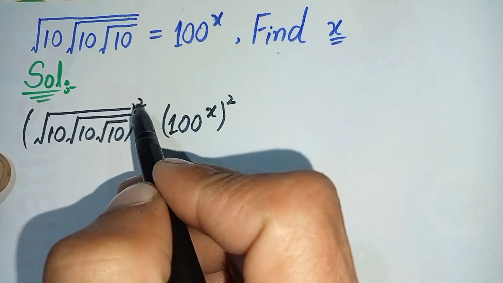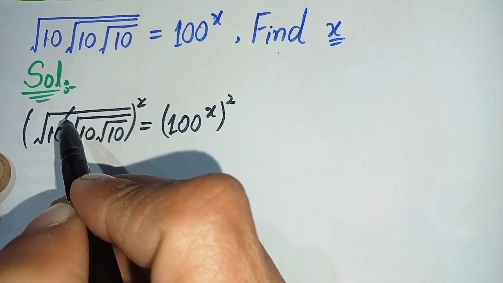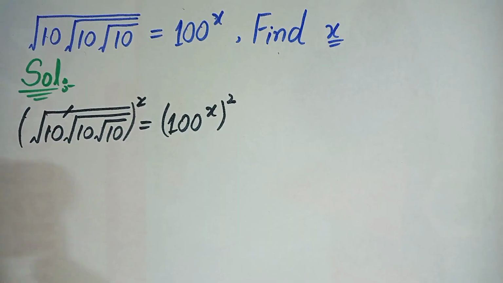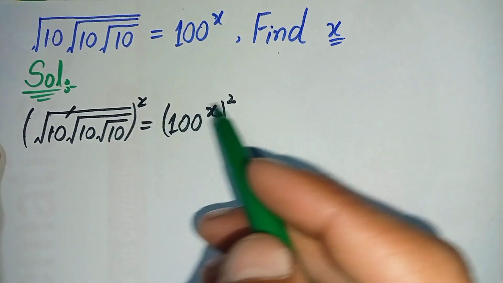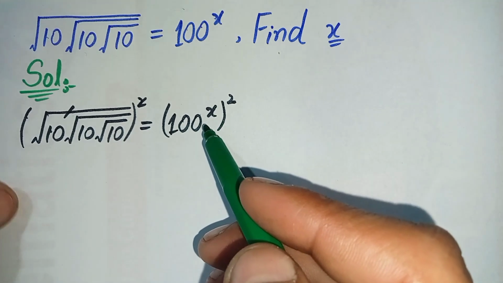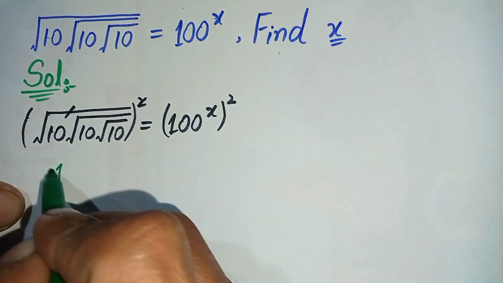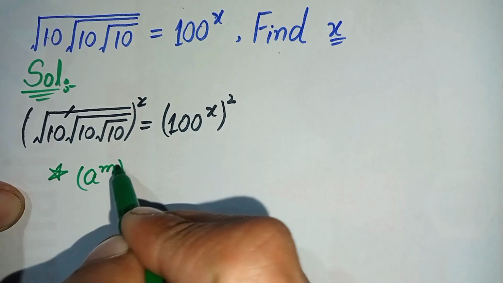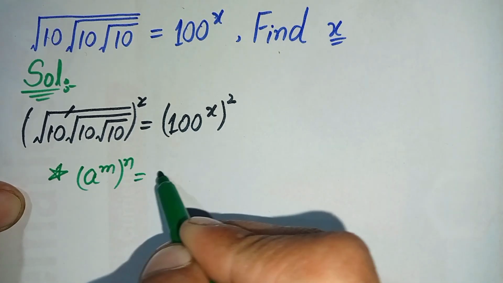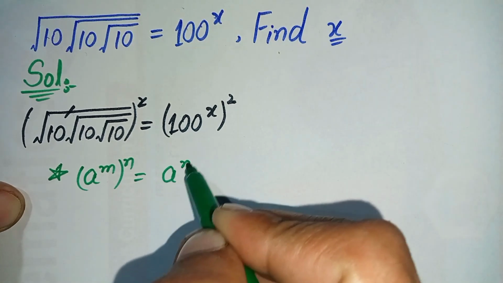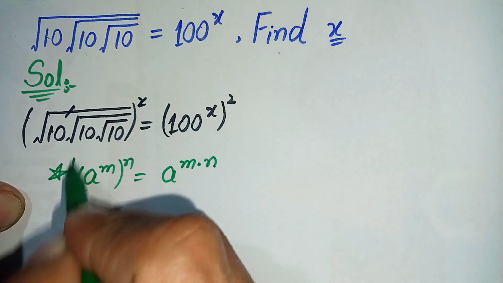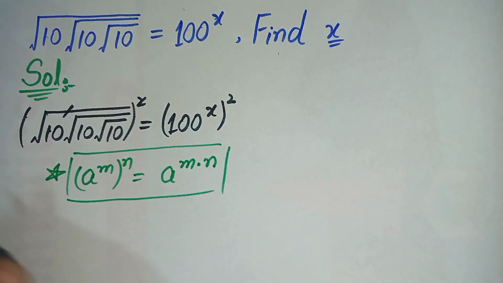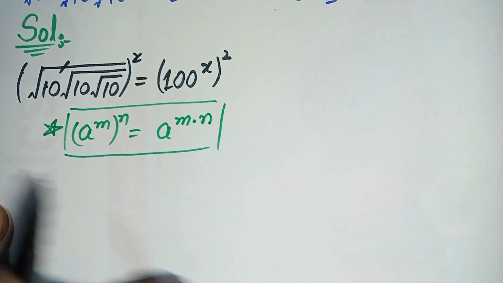Now here in the left hand side, this square and this square root will be cancelled with each other, and in the right hand side 100 raised to power x whole raised to power 2, here we will use an exponential math property and we will multiply the powers with each other. So here we will use this exponential math property, a raised to power m whole raised to power n can also be written as a raised to power m times n. So by using this exponential property, the right hand side of this equation will become